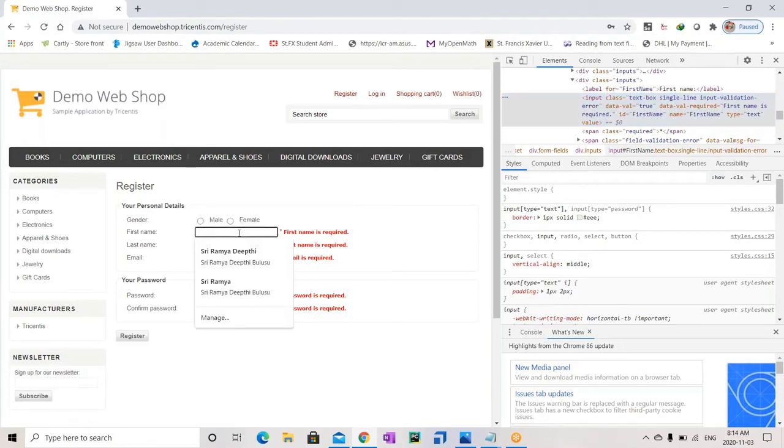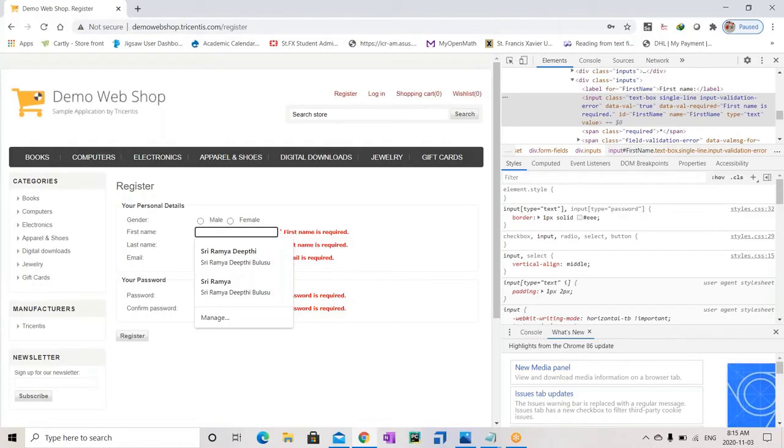Once these elements are identified in a proper and unique way, you can do whatever action that you need. Suppose you can click on it, or you can go and fetch some value from it, or you can wait for some time until this particular button shows up.